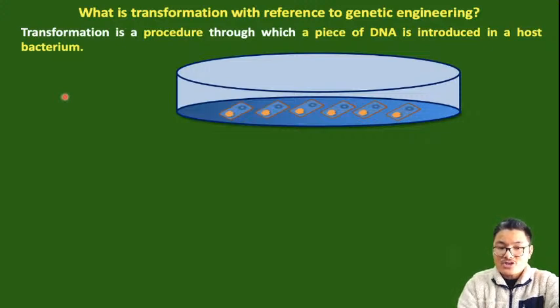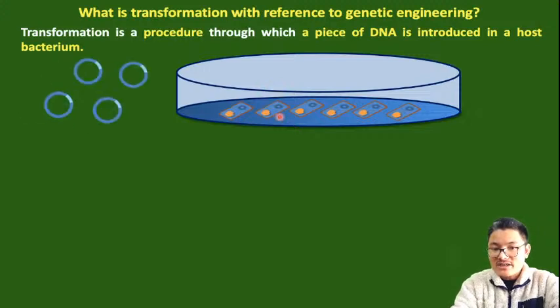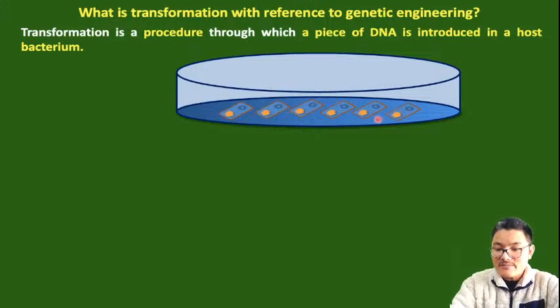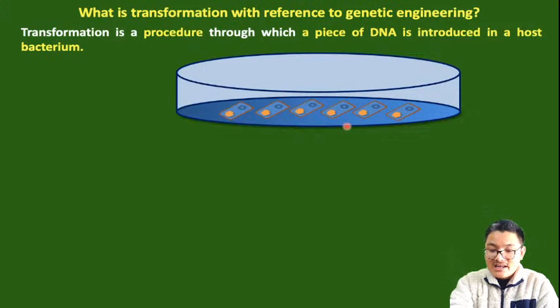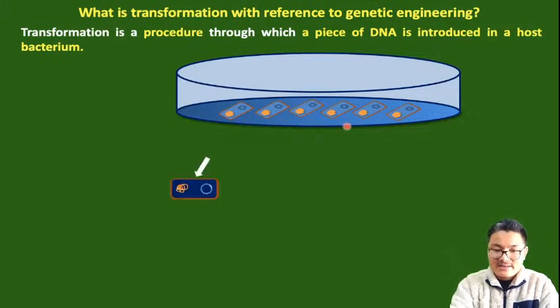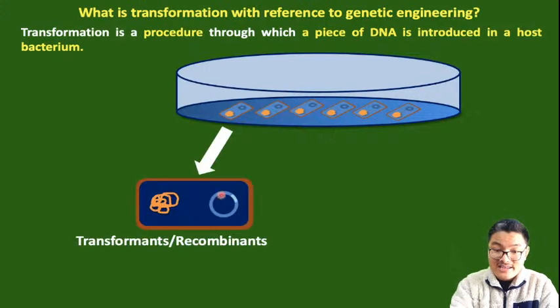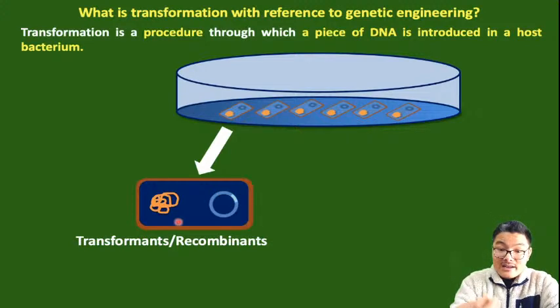So in the contamination-free area, we are going to introduce this newly constructed rDNA into the growing bacteria. And as the bacteria multiply, some of these bacteria take up the inserted rDNA,